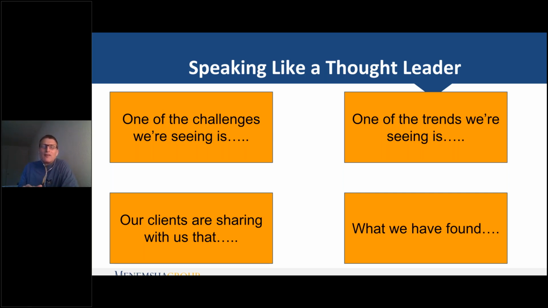You just have to be willing to take the time to do the research to understand what's important to your buyers, aggregate the information, and then share the fresh insights. Go to Gartner, go to Forrester, go to SiriusDecisions, pick up this information and share it with them. That's how they're going to perceive you as a thought leader, and that's going to make an impact on the quality of the conversations that you have. They're going to feel much more confident and comfortable opening up to you and sharing the goals they're trying to achieve, and again, going back to current state and future state. So really, really important.